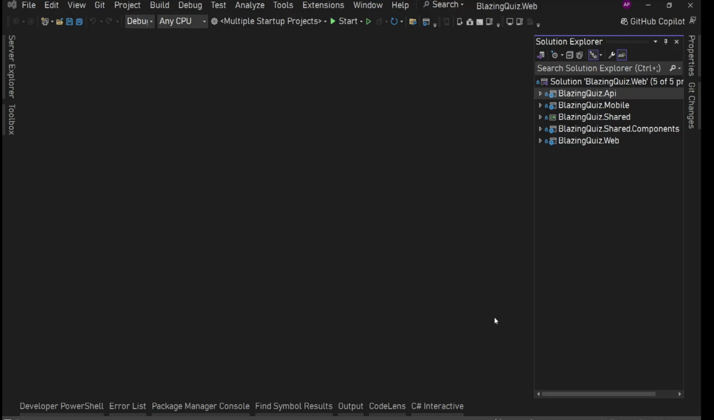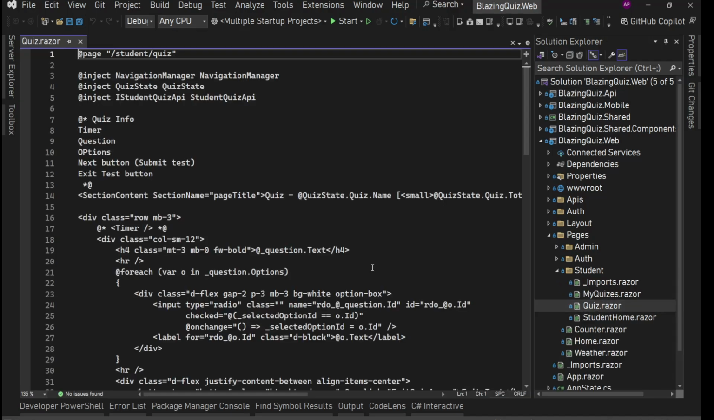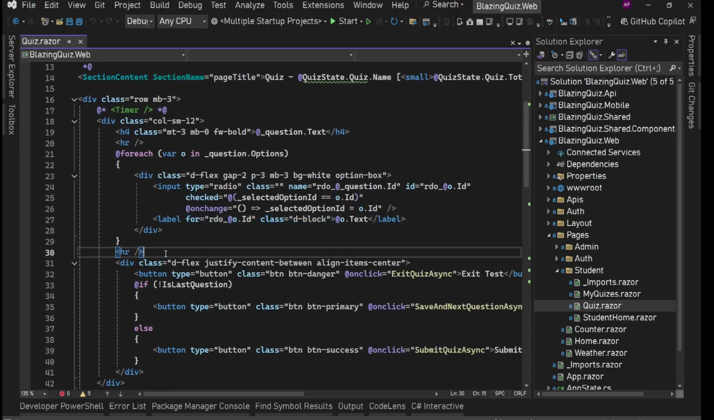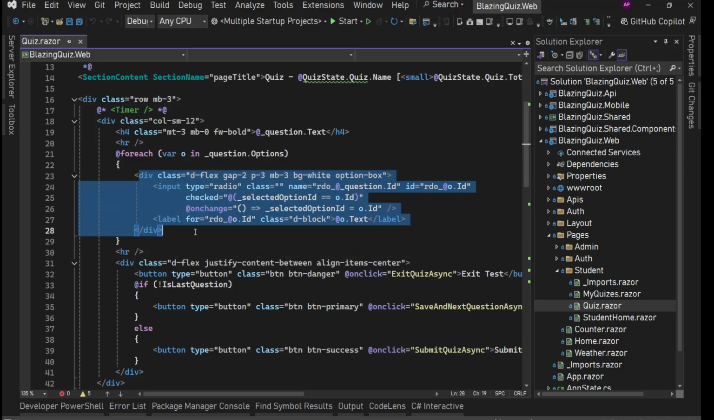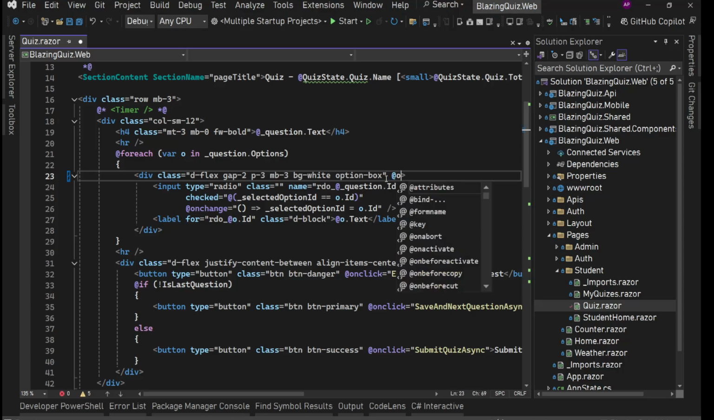Okay, so now we'll work on the save and next button for the main quiz. In the web project, pages, student, quiz, and maybe before that, let's quickly style these divs. These are not LIs. I thought these were UL LIs, but these are simple divs. So we have this option box, right? On this, first thing we'll do, we'll have an on click,